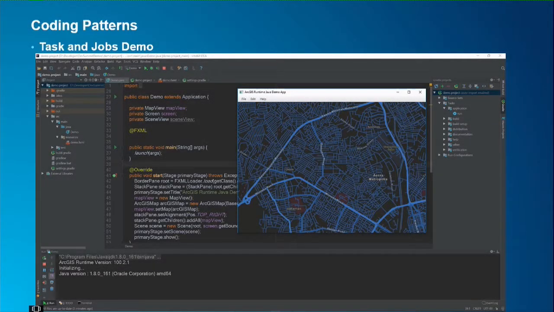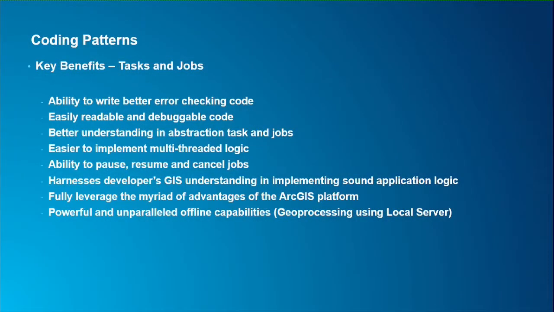The last one, I think, is the key benefits of this. Because of some of these things, the same way as with the loadable pattern, you write better code and more robust applications. You're now able to leverage some of the powerful features of the ArcGIS Runtime platform itself, offline, to write robust, really powerful GIS applications. Now, all the routing and all the preprocessing that I was doing, I was not using anything online. Everything was local. So if you have an Android application that you want to be able to do this with, the